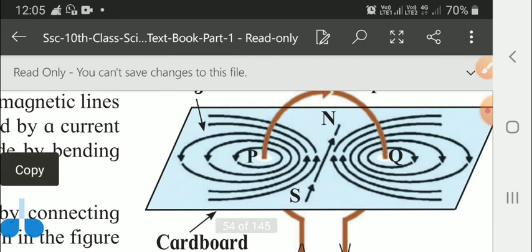So here we'll see, children, that we have learned about the magnetic lines of force of a magnetic field which is produced by an electric current flowing through a straight conductor. So here what will happen to the magnetic lines of force of the field which are produced by current flowing through a loop? That loop we are making by bending the straight wire.